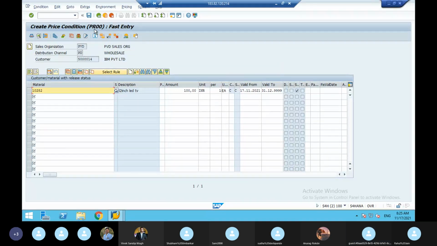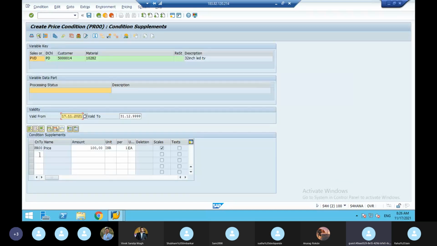So that is condition supplement, indirectly minimizing the number of condition records. So how? See, this is a condition supplement. In one condition record only, you can maintain the other conditions. K007, that is a discount, I'll give 2%. KF00, 3%.